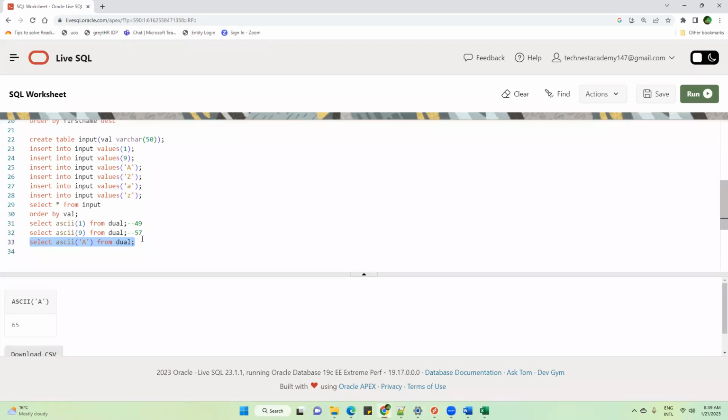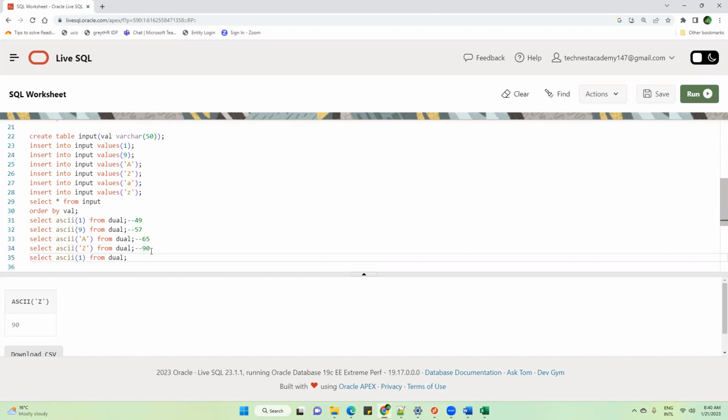Each and every letter, feature, and special character has a code assigned to it. You can see what is this dual I have written. Ignore all these things, I will explain what this is. Don't worry about that. Then this uppercase Z, these all have a value assigned to them. 1 has value 49, 9 has value 57, A has value 65, Z has value 90.